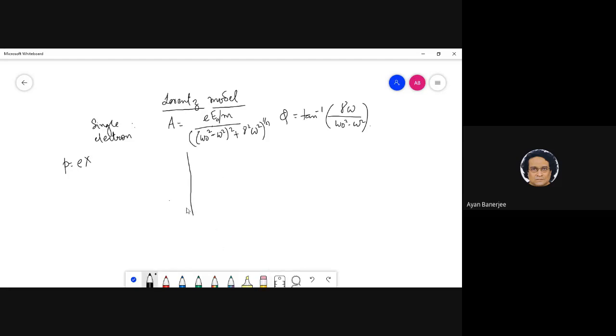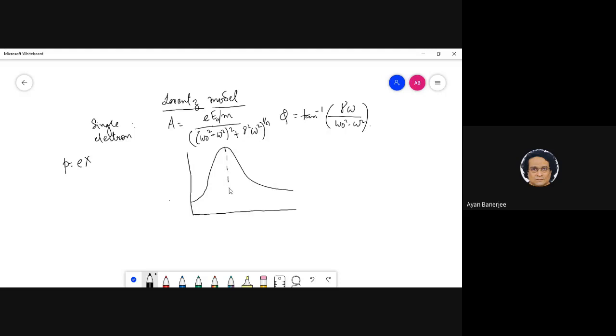So what I had asked you last class was, what would be the resonance frequency? That is, when will this be maximized? If I plot this, it is kind of similar to a Lorentzian. It's not exactly similar, because a Lorentzian typically is some x squared plus a squared. Here, omega 0 squared minus omega squared plus, if you just had gamma squared, this term would not have been there. Then this would have been a perfect Lorentzian. However, it is not.